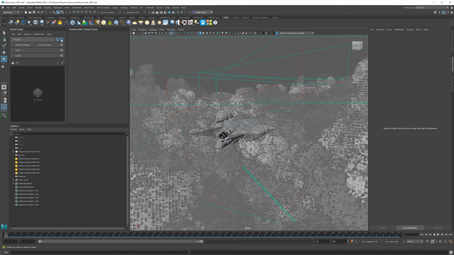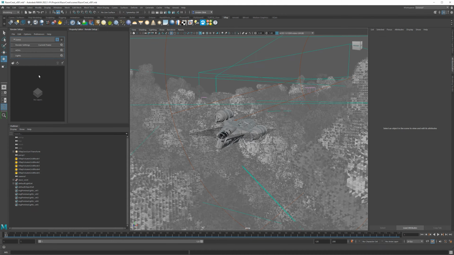So I'll show you that when we start doing the project, but for right now, we don't need to worry about this at all. But usually, you disable this because you never actually want to render your master layer. Your master layer is where you do all your setup. So everything is visible here and you're importing stuff, you're playing around with lighting and stuff. But when it comes time to render, or you want to extract different objects and change different settings, then you